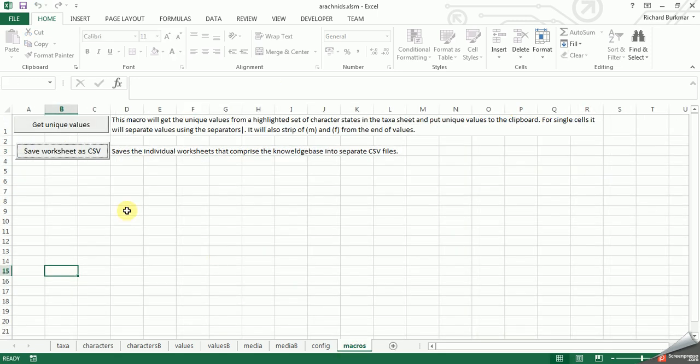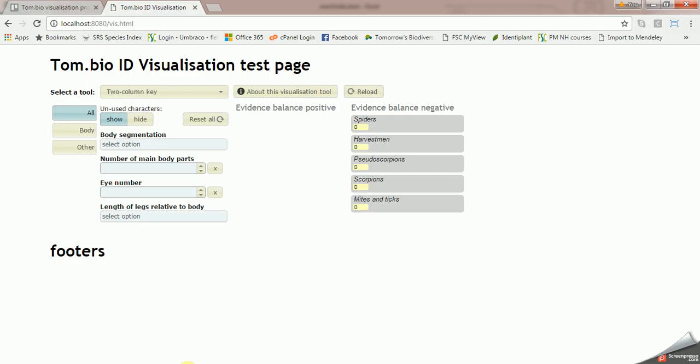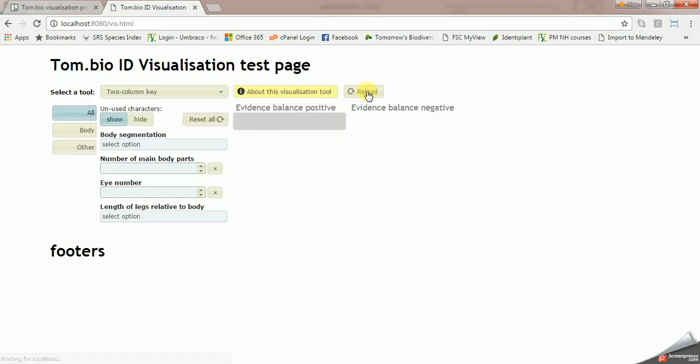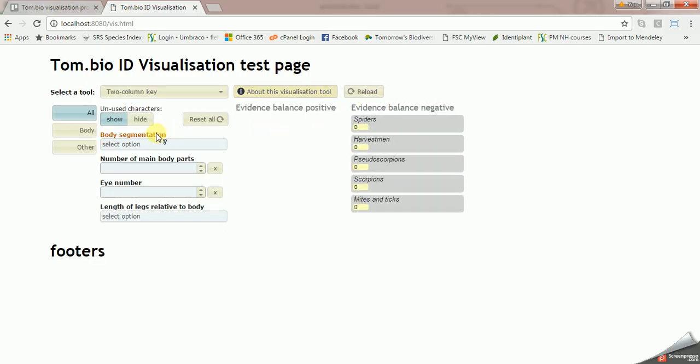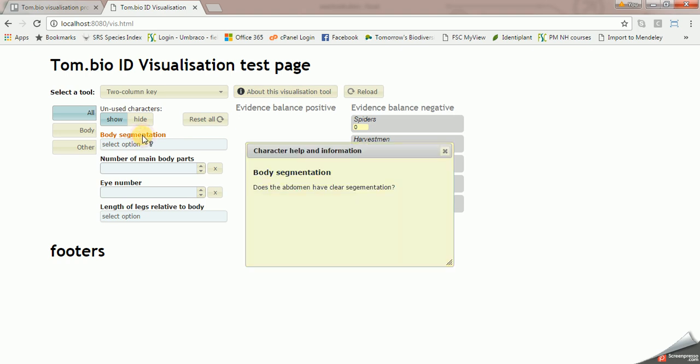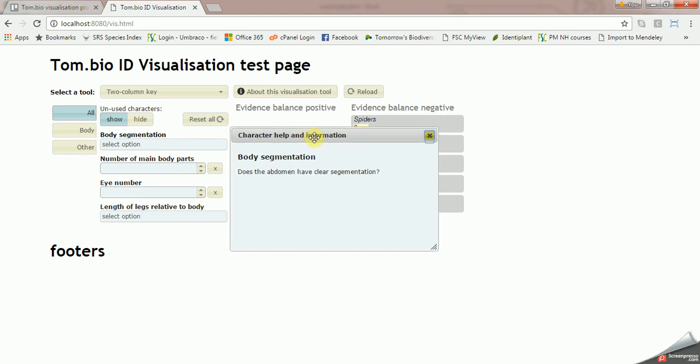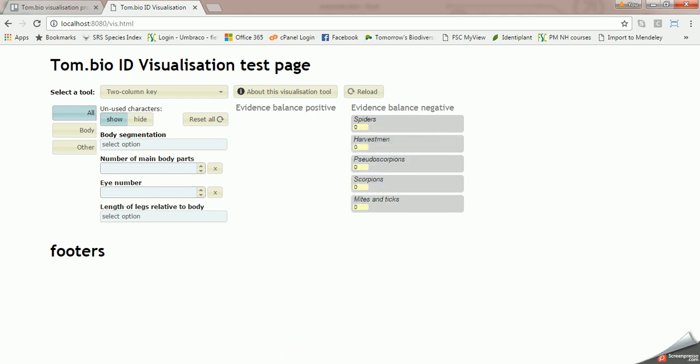Now if I save the worksheet and go and refresh the visualization, what you'll see is that when I hold the mouse over body segmentation, it indicates that some help is available, and clicking on that brings up a dialogue with the name of the character and then the question which I just typed in. This can be as long as you like. So I've got some